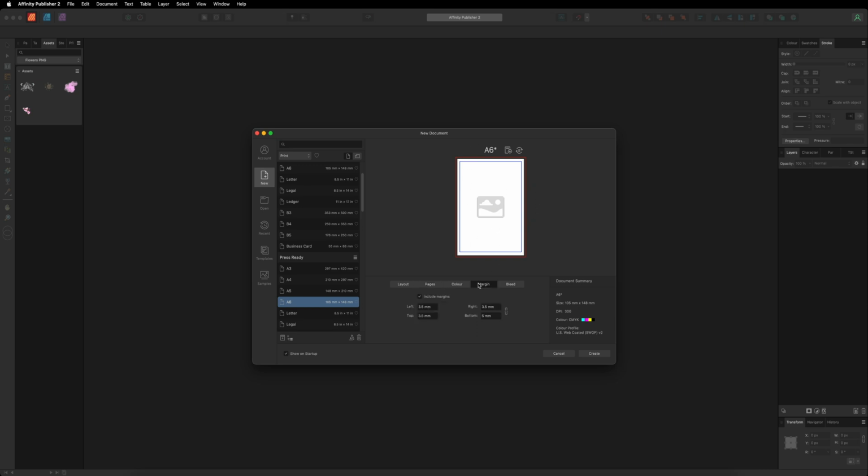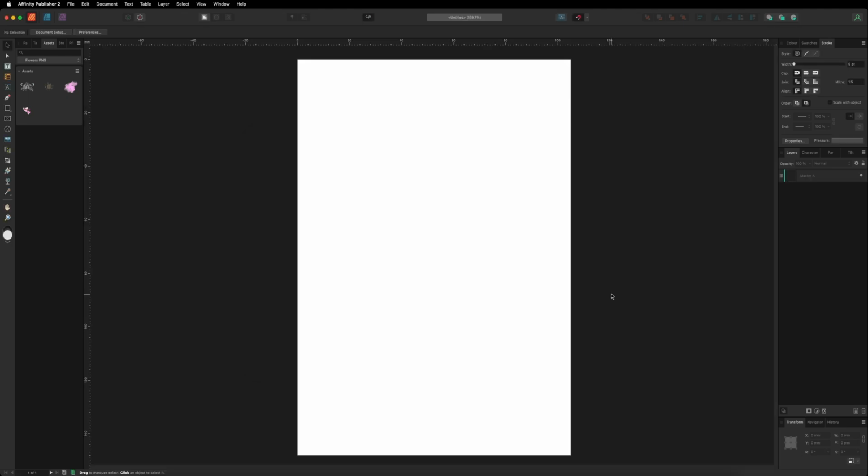Make sure that you have set up your minimum margins to avoid anything being cut off when you go ahead and print that. And finally, just make sure that your DPI is set to 300, and then you are good to go. So with all of that complete, all we're going to do now is go ahead and hit that create button. So here we are inside of the Affinity Publisher interface, and now we can get started with creating